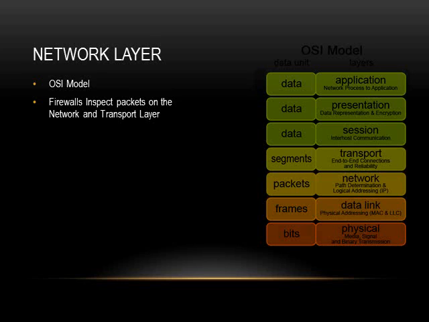Most firewalls only really care about the transport layer and the network layer. The network layer has the physical address or the logical address of either the source or destination, so it is able to tell you where the message actually came from. It also has path determination, meaning the ports. You can either block or allow different ports or IP addresses.